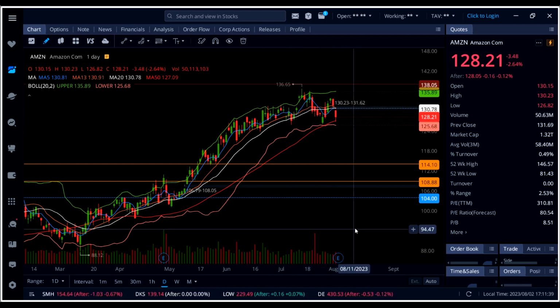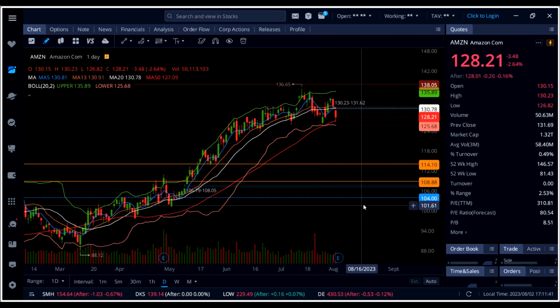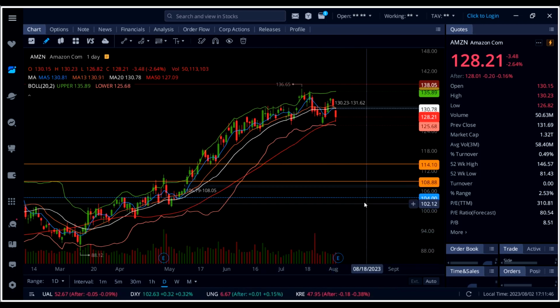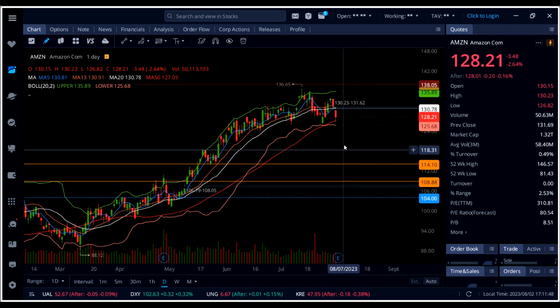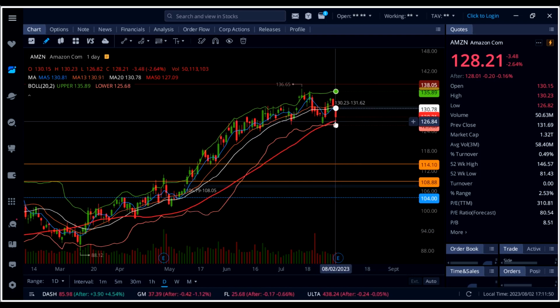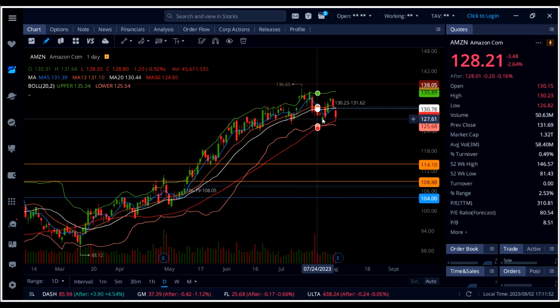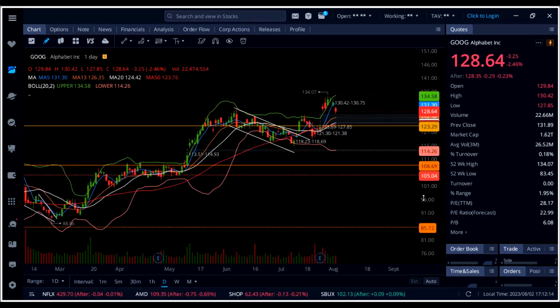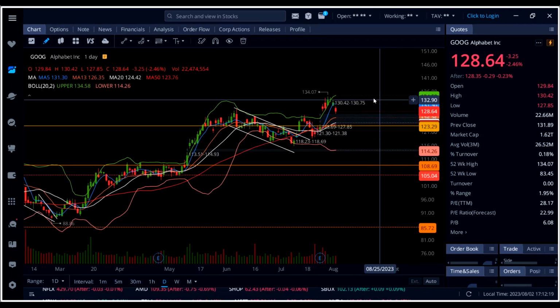We do have big earnings tomorrow from Amazon, so we could see a lot of volatility in the market, and watch out here on Amazon, guys. Tomorrow, if this thing can hold above 127 to 128, this could be a play, but I would suggest selling out before the earnings. On Google, stock is down 2.64%, and that is why I didn't play Google today,